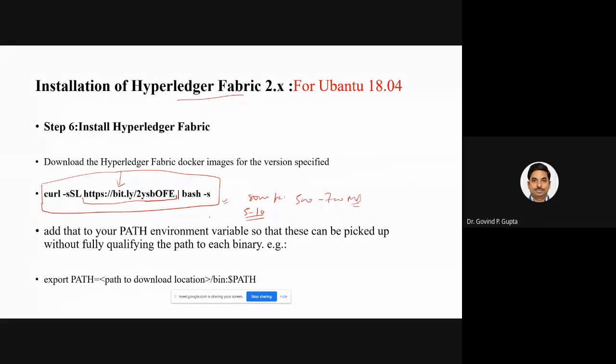So after download, there is no need to execute this Hyperledger Fabric. Here we are just transporting the container, a container which contains all the supporting packages of the Hyperledger Fabric.